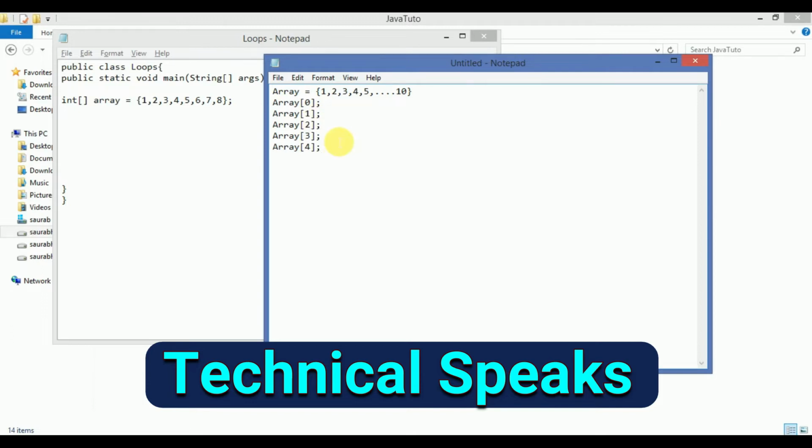In that case, if you have fewer items, suppose 4 or 5, then it is good. But what about when you have thousands of items in an array or in an array list? To get out of this problem, we use loops in Java as well as in any programming language. In a loop, we go from the 0th position to the max index of the array. Max simply means maximum, and then we can print all the elements.